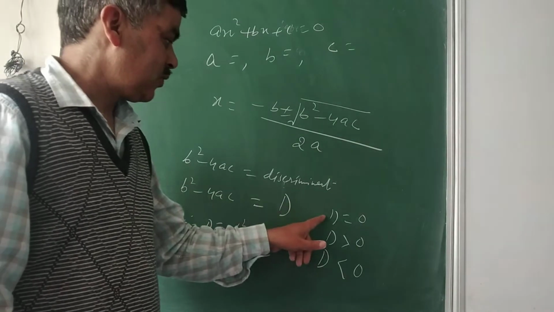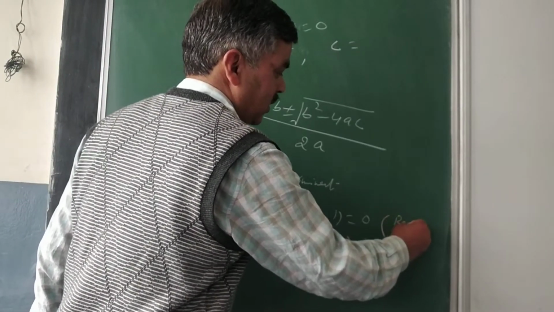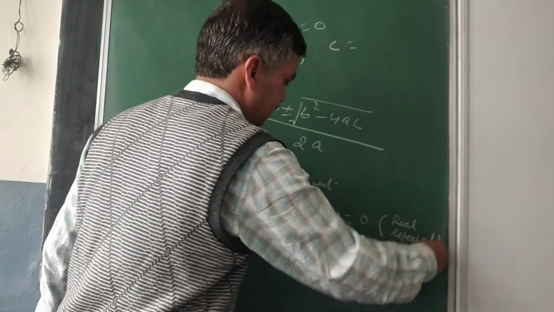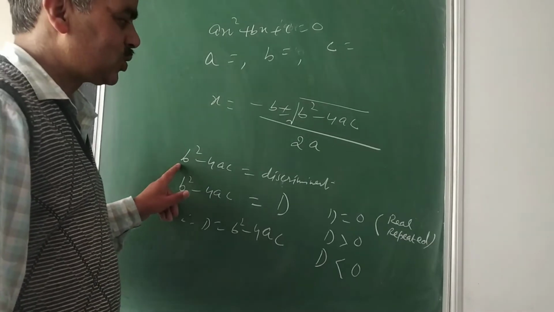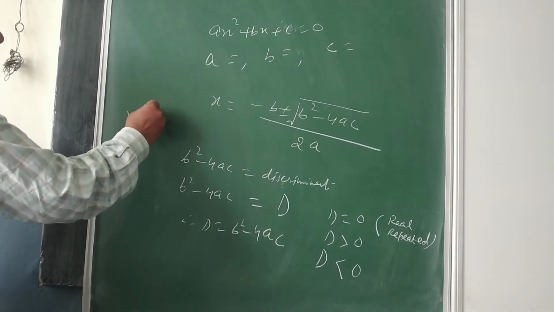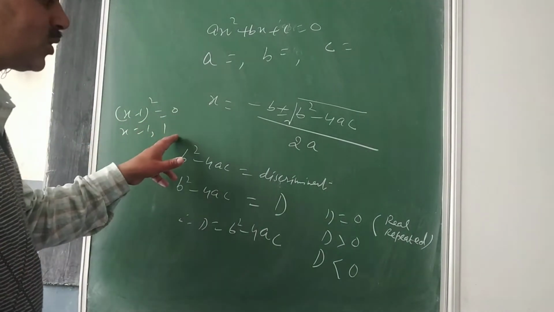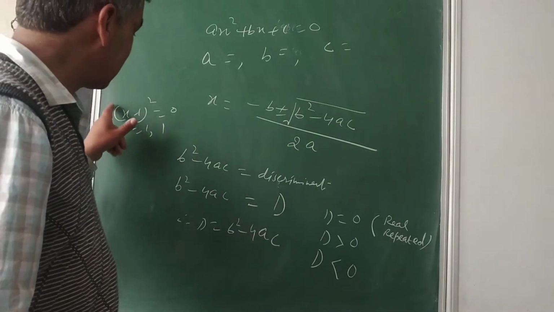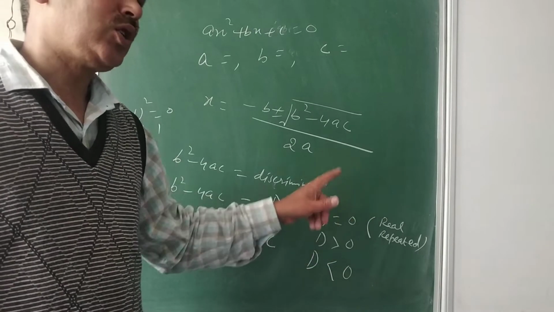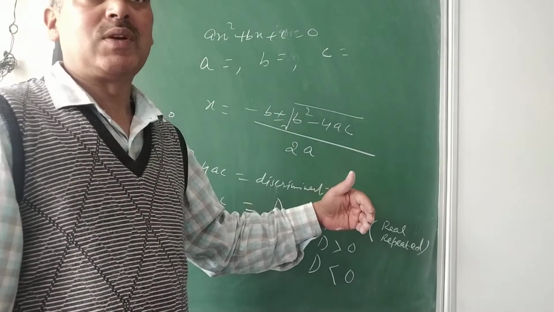Similarly here, if your discriminant is equal to 0, roots are possible. Real, and what else, repeated. My point is that with degree 2, one answer will be repeated, like x minus 1 whole square. If it is like this, my answer will be 1 and 1 only. Repeating zeros will be there. In that case, if you check your discriminant, it will always come equal to 0. So the nature of roots will be real and repeated. One answer, two times repeated.